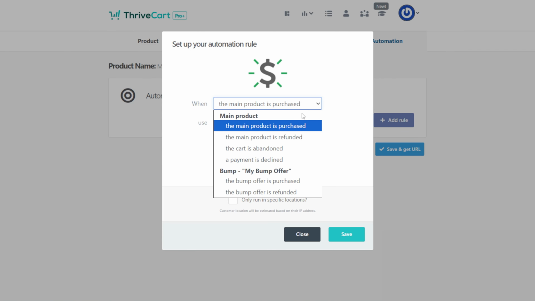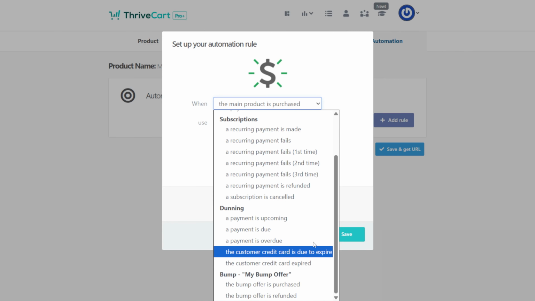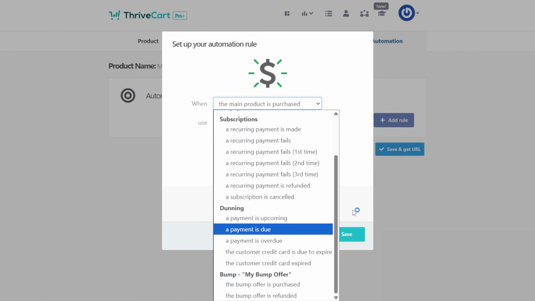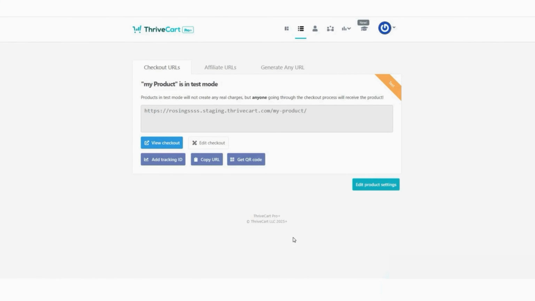For a one-time product, you'll have a few basic triggers, but if it's a subscription, you'll see more, like missed payments or cancelled plans. If you're using an autoresponder that we don't natively integrate with, you can use the custom HTML option to connect it using your own form code. This option is always available, and there's a help article on our help desk if you need guidance. Otherwise, if you've connected a supported autoresponder, you'll see it listed here and can choose it from the drop-down. Since this account doesn't have any connected yet, only the custom HTML option is showing. Once you're happy with your automations, you can hit save and get a URL